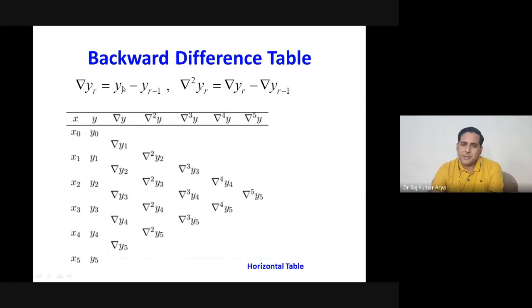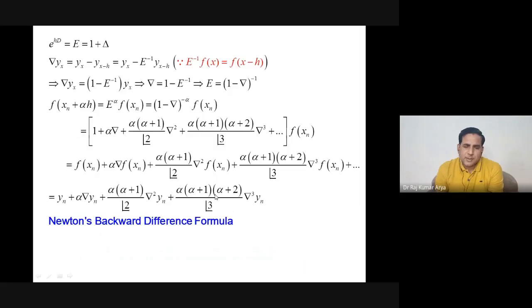So you are just putting y_r equal to y_r minus 1. The second difference is again the same thing. So you can generate this particular table here. You get a backward difference y1, then y2, y3, y4, y5. So practically you are going from right to left. This again can be generated the same way, and the derivation can also be done for backward difference as we did for the forward difference table.